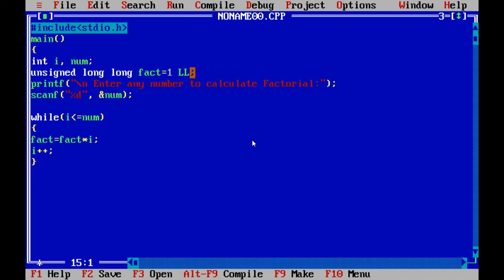After the loop, printf, to print the factorial of a number. Unsigned long, double quotes semicolon, num, comma fact.